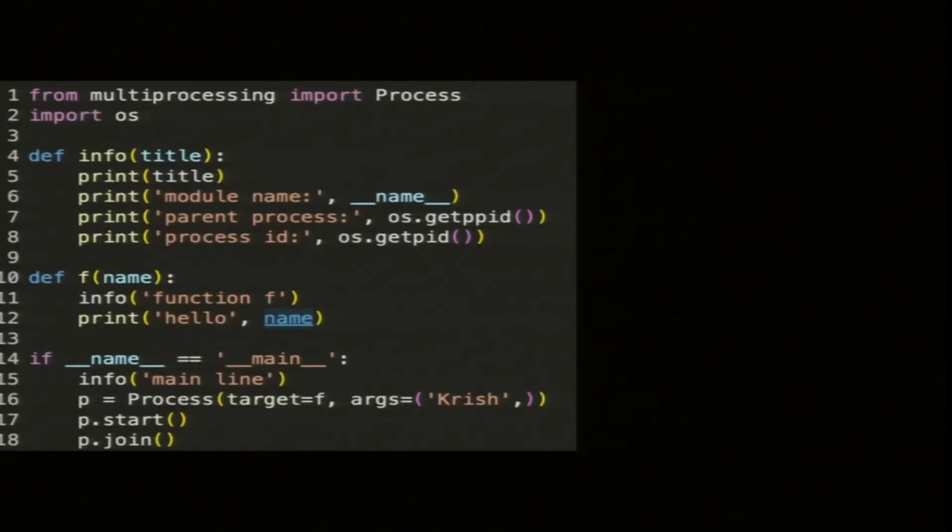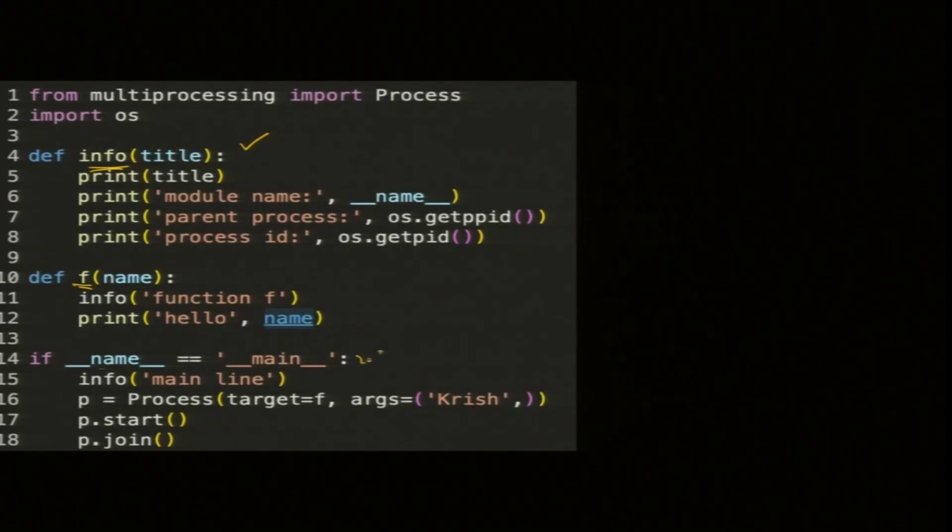So, this is a simple, interesting code which will give you an idea about what a process and a subprocess are. We have two functions, one function is info, the other is f, and there is a main function. You may see this main construct, if name equal to main. I will discuss that bit later.